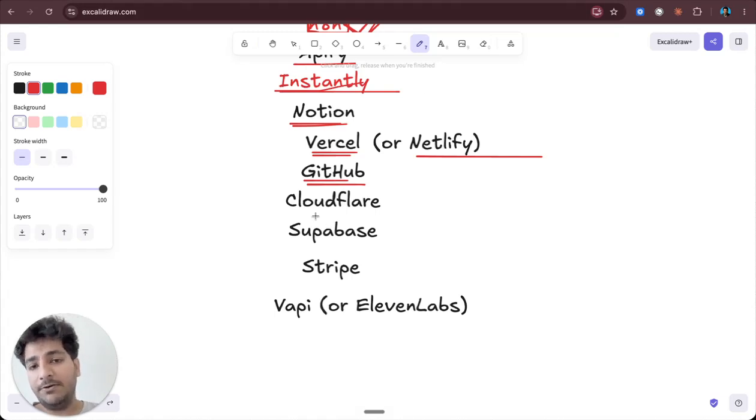Now, Cloudflare is one of those things that you've been using for a while, you're just not aware of it. Every single time you go to a website and they ask you to verify that you're a human, you're basically using Cloudflare on the back end. Now, Cloudflare does a lot of things. You can buy domains from there, they're very cheap, right? That's number one. Number two is that you can host things on Cloudflare for free,